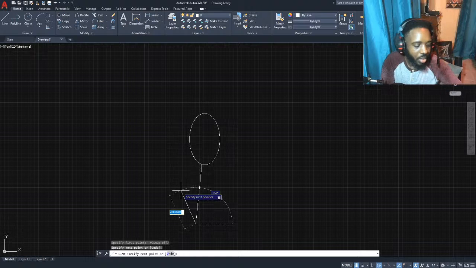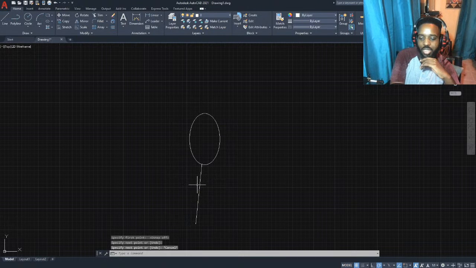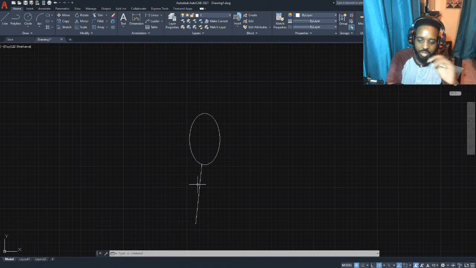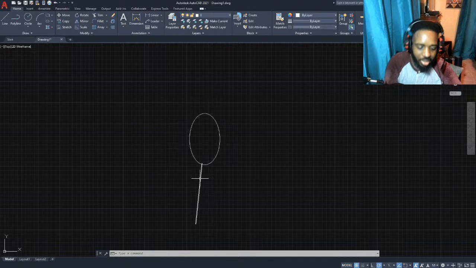What I did was, the arc had a radius of like 7, and I offset this by 7 and then offset that by 7. But it's easier than that.